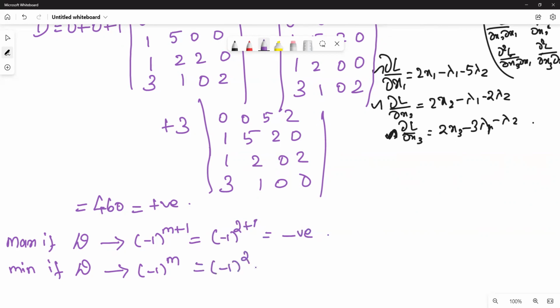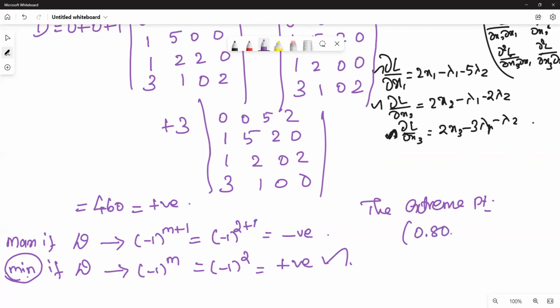(−1)^2 is 1, that is positive. So our D coincides with what? D is positive, so that coincides with this. So the problem is of minimization type. So the extreme point we have got, that is 0.804, 0.348 and 0.283, is the minimum point. And hence Z minimum is nothing but, in the given question, x1² + x2²